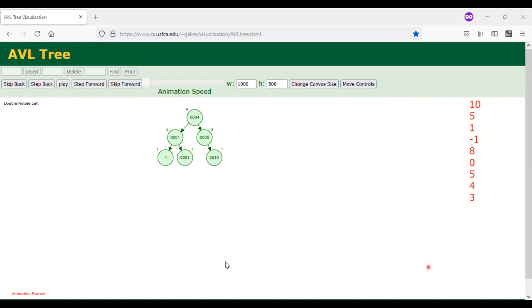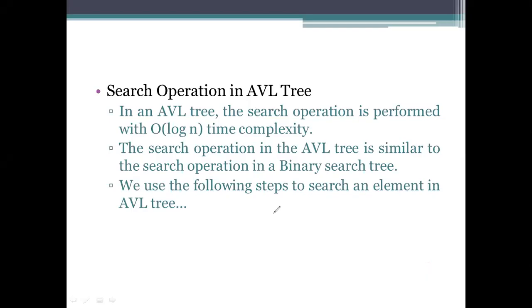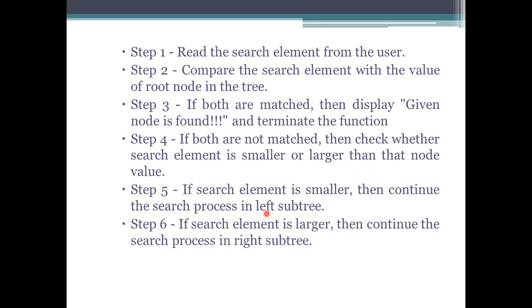And see how we are going to perform the search operation. The search operation, the time complexity, is big O of log n. So we need to search each and every element here. If the parent node has a value which is greater than the element to be searched, then it will go to the right subtree. If not, it will go for the left subtree representation.